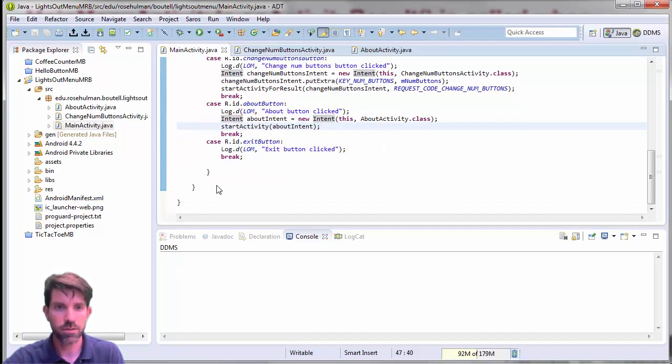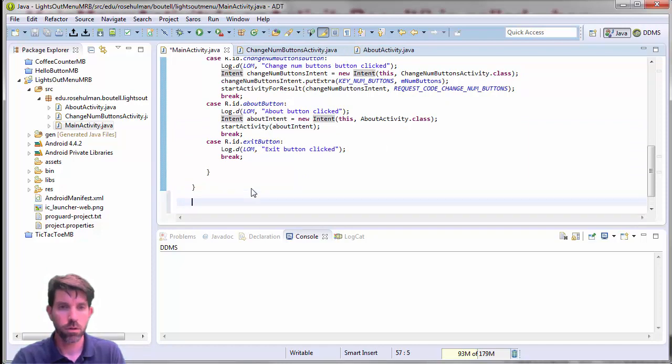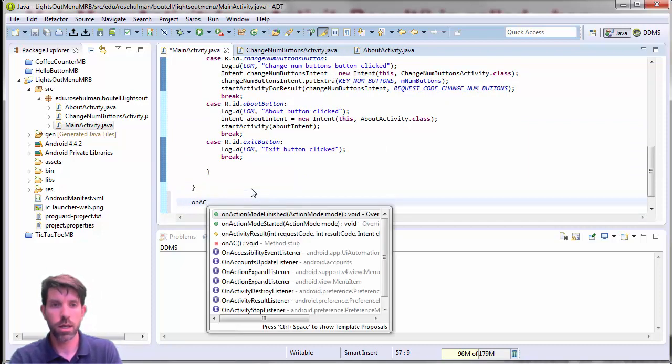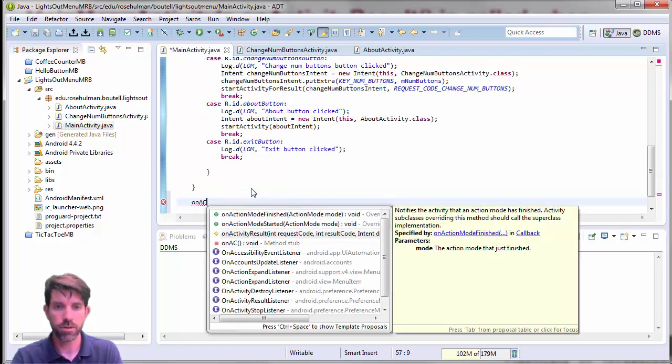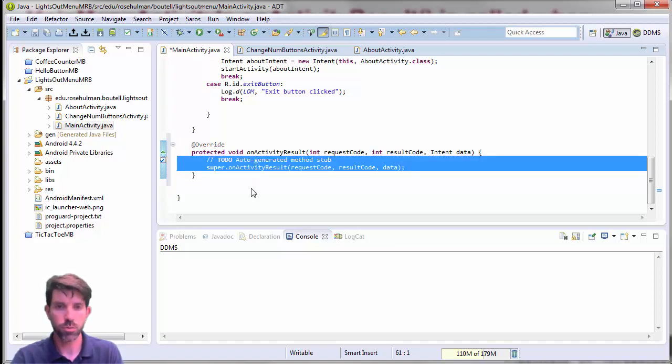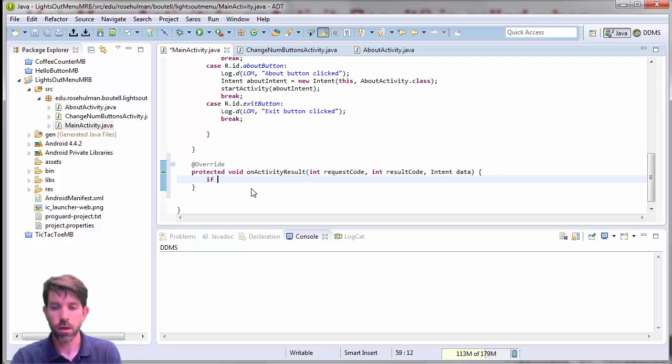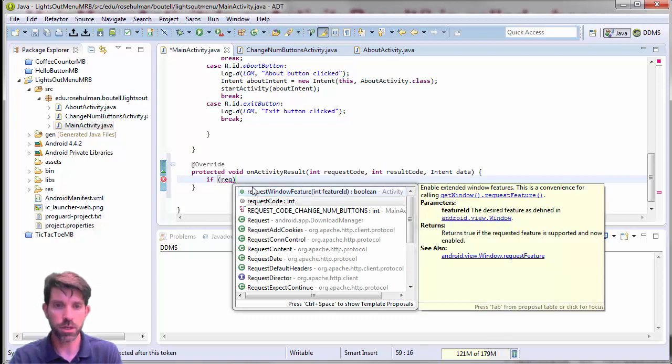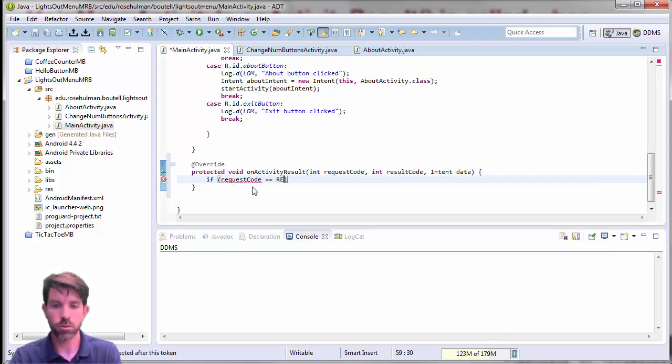So back in our main activity, onActivityResult. All right, and it makes a super call here. Let's get rid of that. And I found that it's pretty simple if we just use an if statement here. So if the request code is equal to the request code that we had